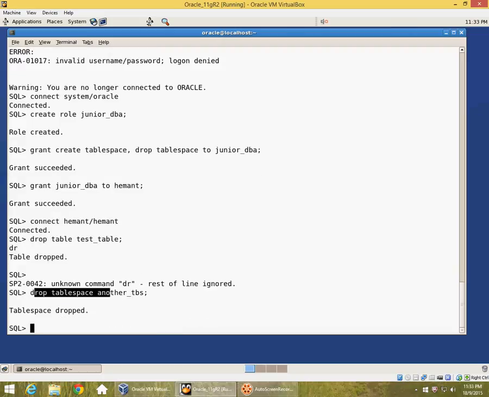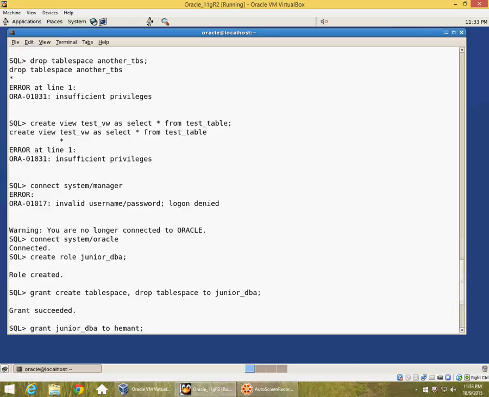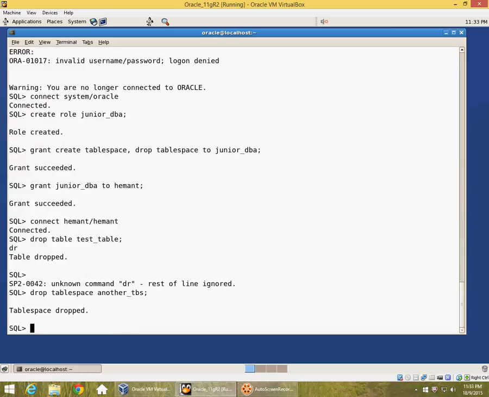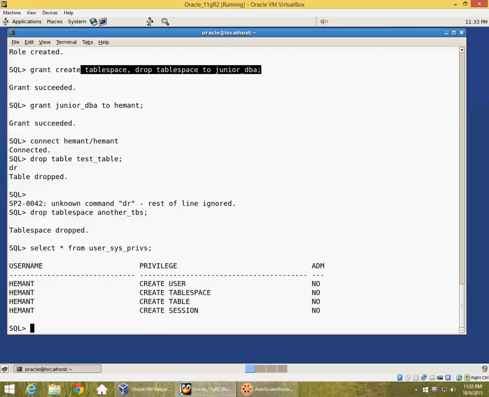This privilege that he used to drop table space was not inherited by him explicitly as part of a grant to him, but it is inherited as part of the grant to the role that was given to him. So a user can actually inherit privileges from roles which are being granted to him. So that's where we can see the user can himself see what privileges he has been granted. You can see the drop table space is not explicitly granted,